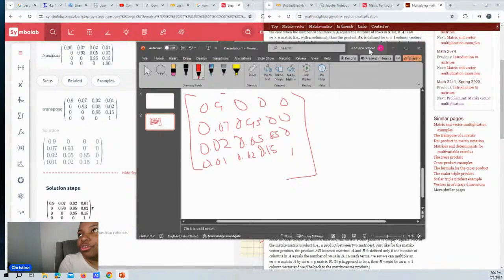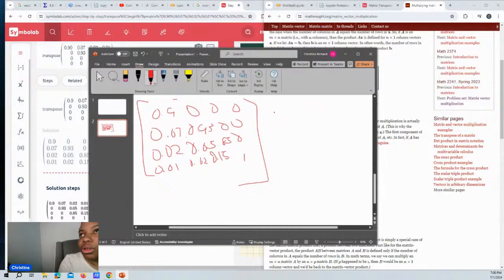But the other one switches from a column to a row, and that's what I was missing